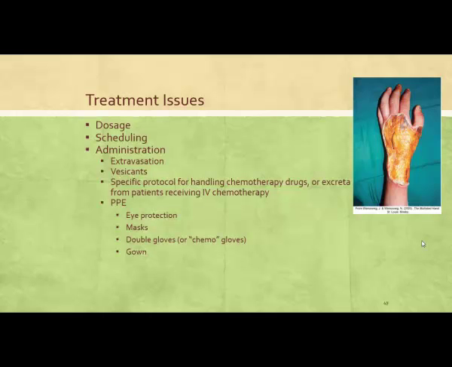And remember, vesicants are chemicals that damage tissue on direct contact. And so when we see this occurring, some of the things that you might see, obviously pain. Tissue loss is going to be huge, and then a huge risk for infection. Now not only do we have our chemotherapy patient that is immunocompromised from the chemotherapy, now we've caused this direct insult to their skin and made a huge area for a risk for infection.